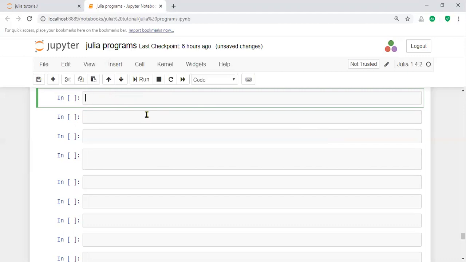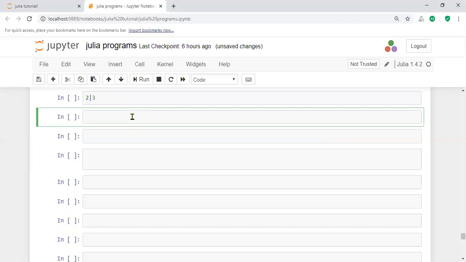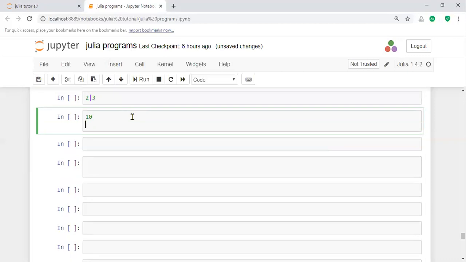For example, 2 or 3. What is the value of 2? The value of 2 is 1 0. And what is the value of 3? 1 1.